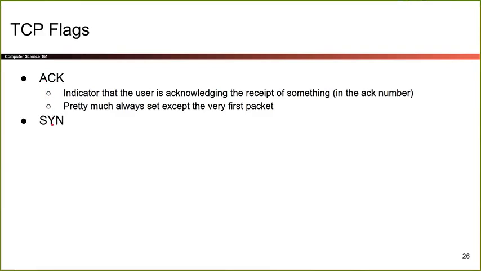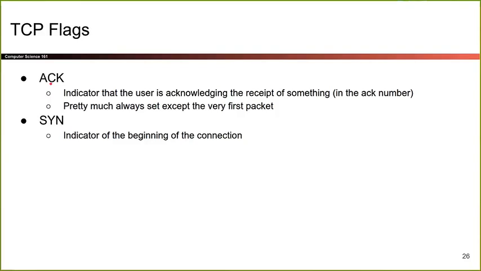There's also one called the SYN flag. This is the one for when we connect. So remember how way back in the TCP handshake, there was the SYN message and the SYN-ACK message. The reason why they were called SYN and SYN-ACK is because the SYN message has the SYN flag on, and that tells us that we are beginning a connection and we're establishing a sequence number. So the first message is called SYN because we're establishing the initial sequence number. The second message is called SYN-ACK because I'm establishing the second sequence number and also acknowledging the first sequence number.